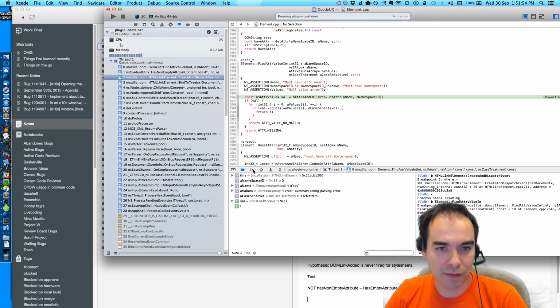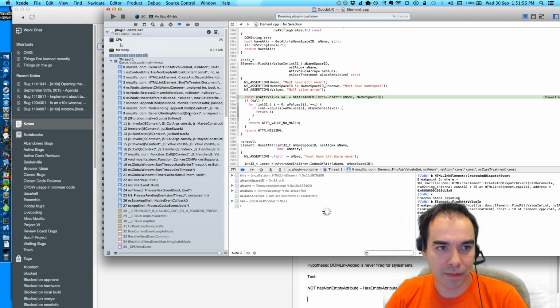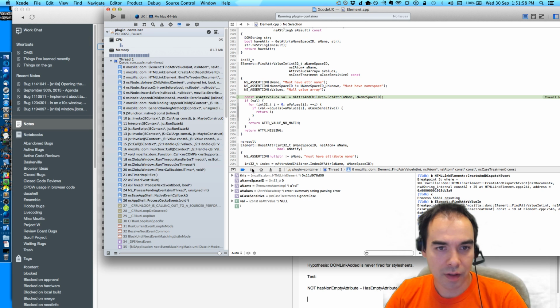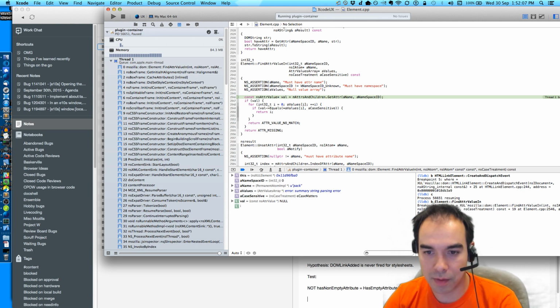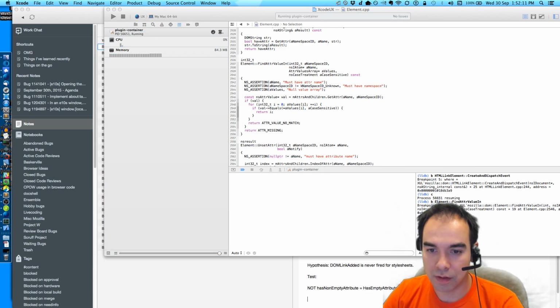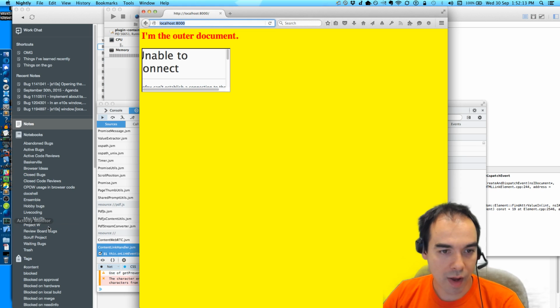So let me see if I can verify that. And that to me sounds broken. Let me disable breakpoint 7. How will I test that?